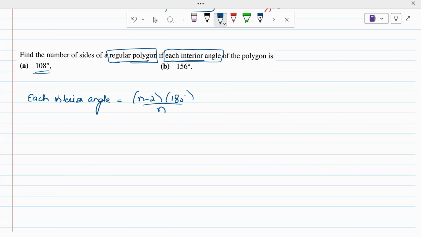And n is what we need to find here, the number of sides. Each interior angle value is given, which is 108. So 108 is equal to (n minus 2) into 180